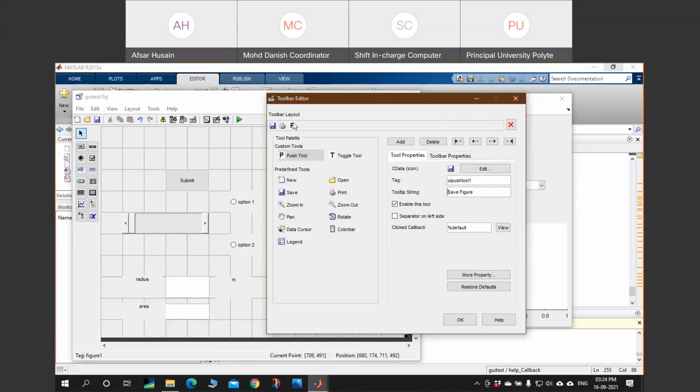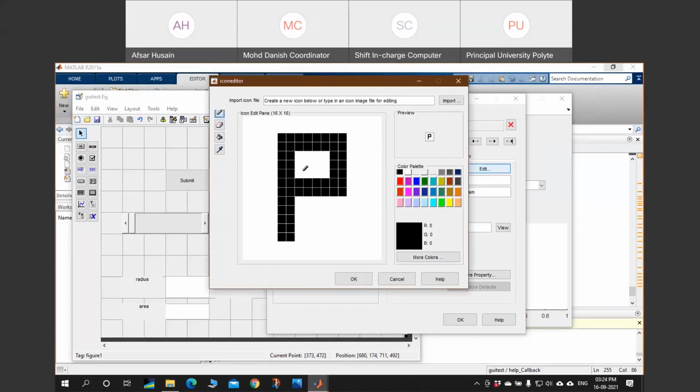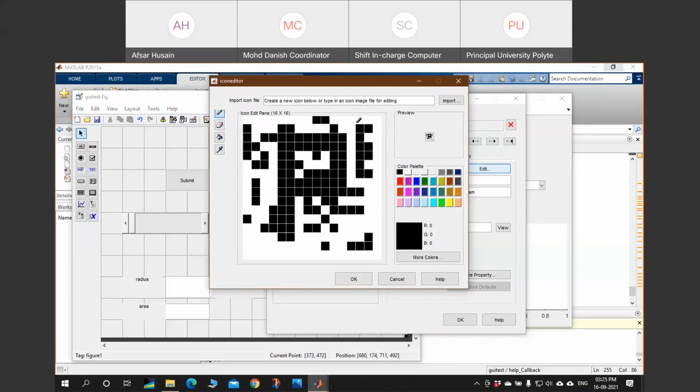Now here you can see the icon is still P. I don't like this icon. I want this to be like this arrow. So I will click on edit. In the edit, either I can design my own icon by painting it, or I can import it.